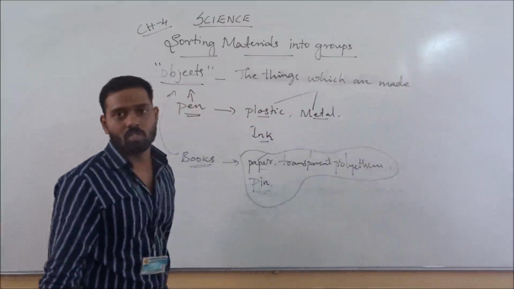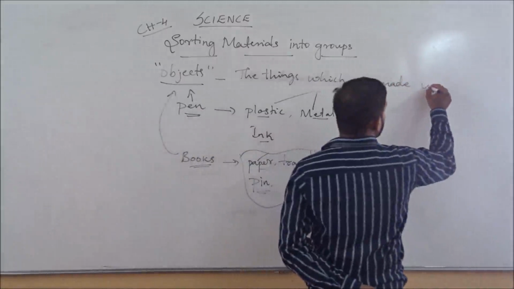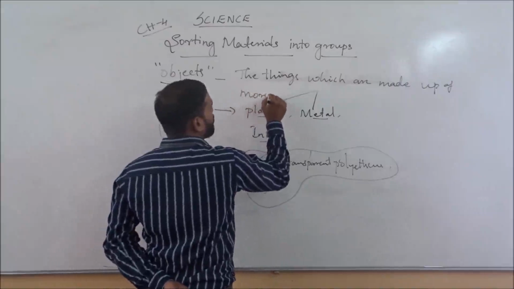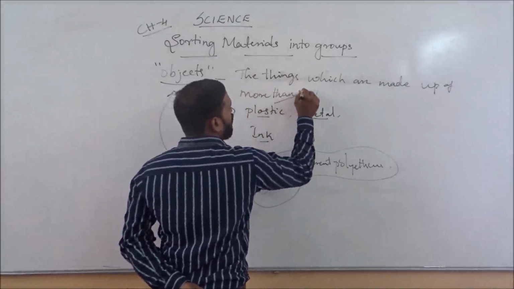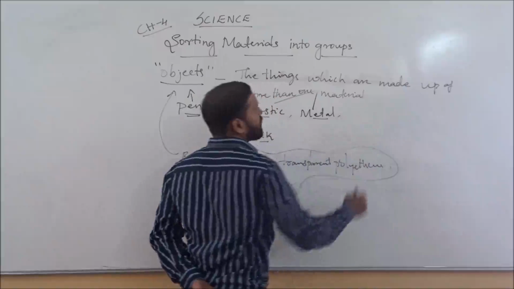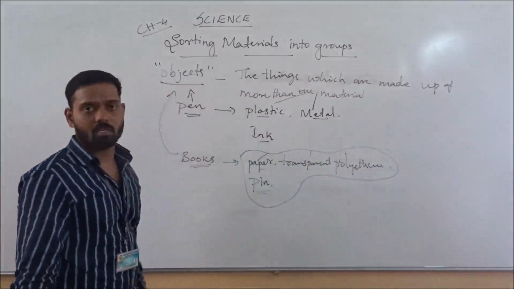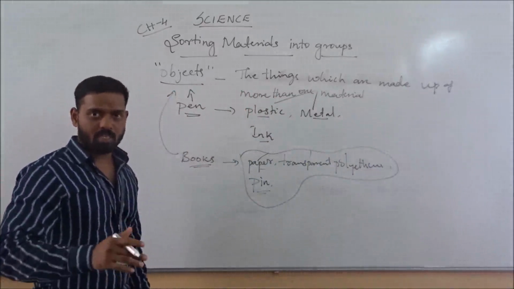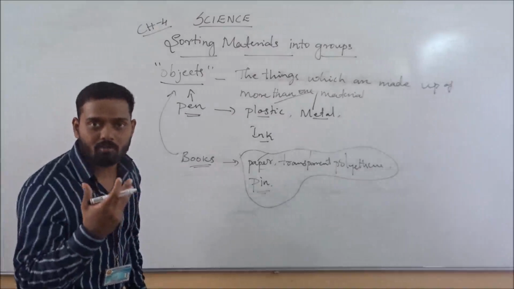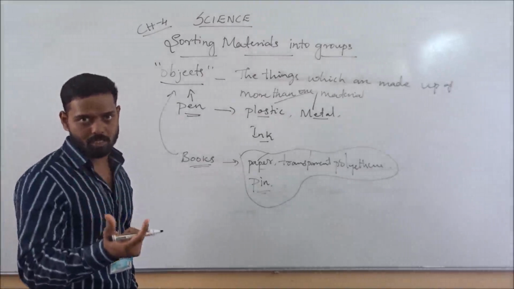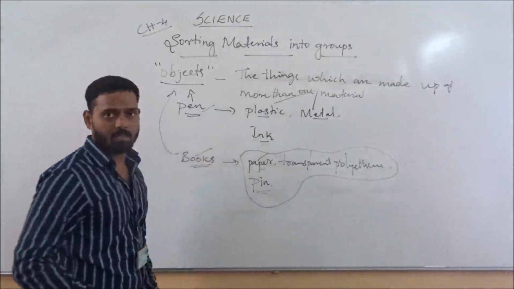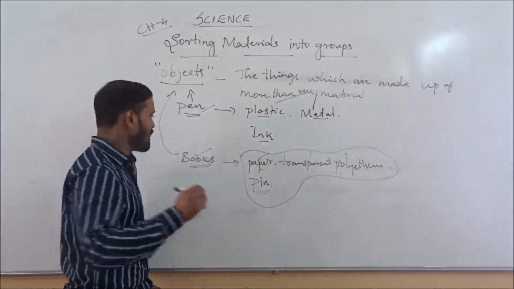The things which are made up of more than one material, then we can call it an object. How can we define it? The things which are made up of more than one material, such kind of things we can call objects. So pen is an object, book is an object, table is an object, because